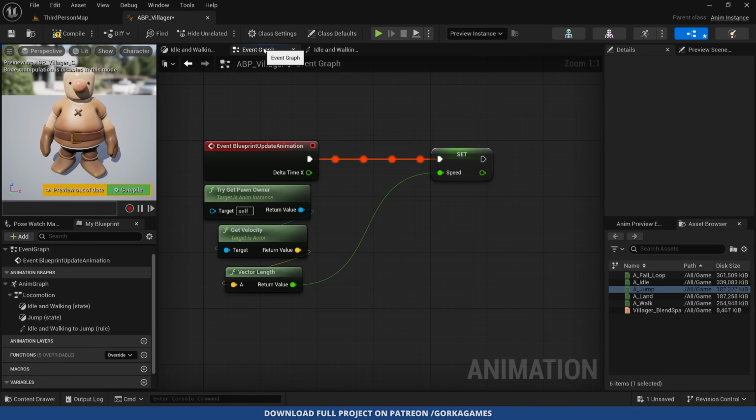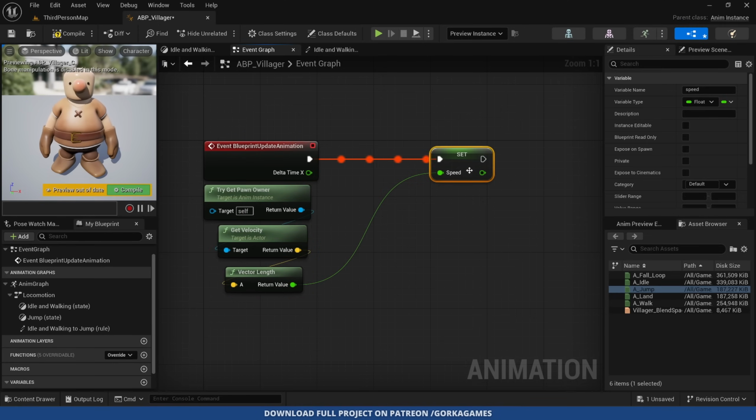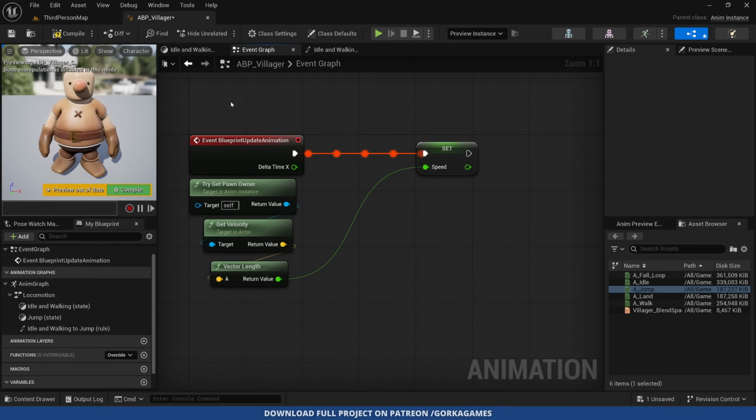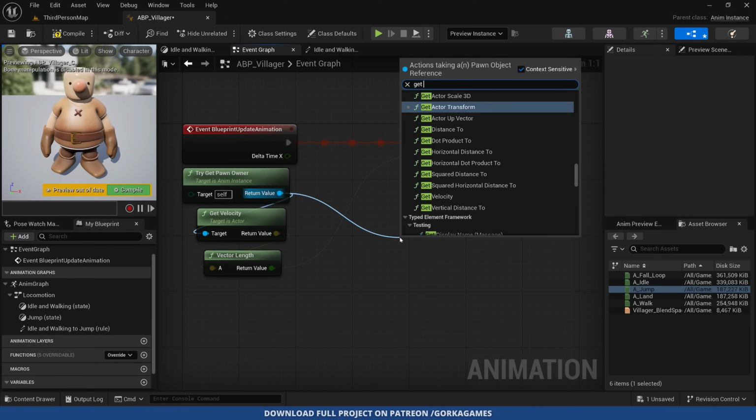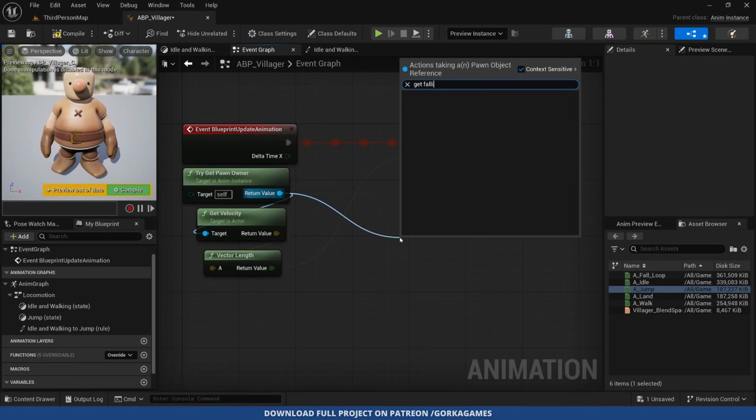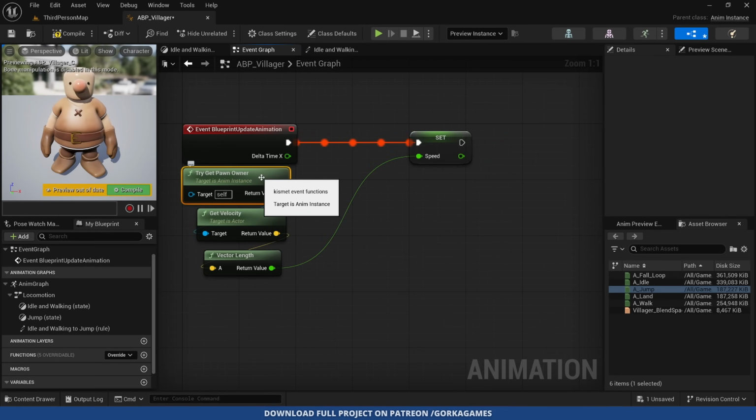So if I go to the event graph, as you can see, we are getting the owner, right? So it's our character, getting the velocity length and putting this to the speed. So we need to do exactly the same thing, but for our character's if it's on ground or falling. And we do have a variable for this. Now you will see that if we drag from here and say, okay, get falling or whatever, we will not get anything. This is because we need to get the specific class, because right now this is simply a generic